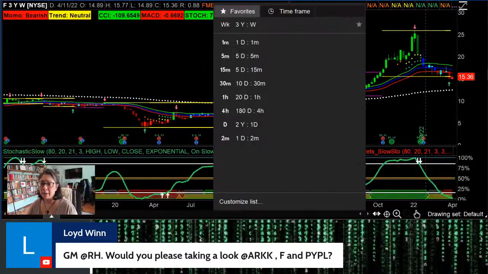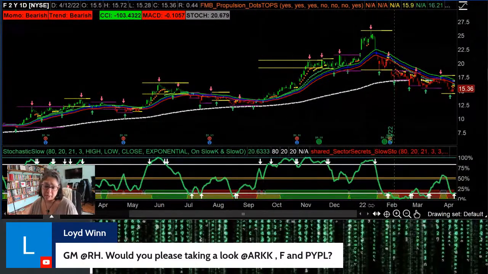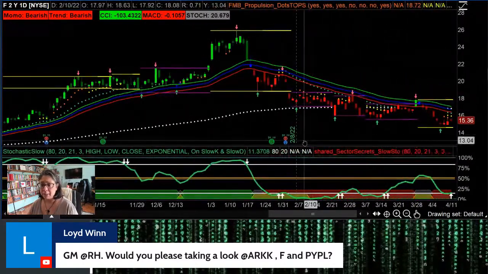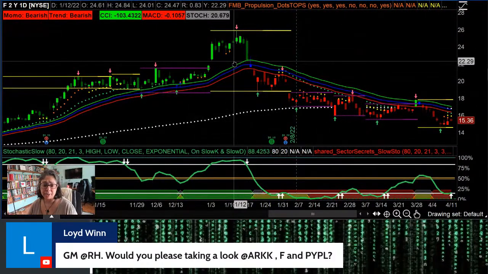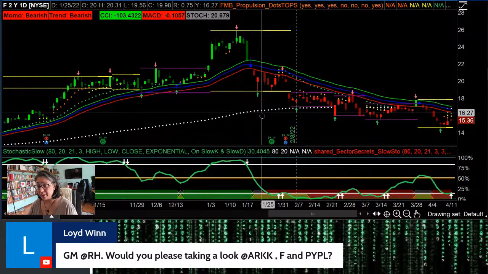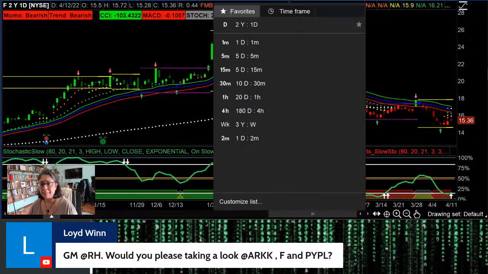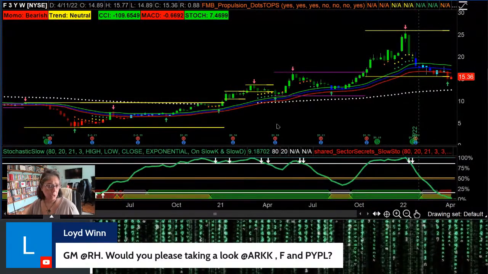When it comes to Ford, my last trade in Ford was a loss. My last trade in Ford was a loss. We tried to play the bounce off the 200 after pullback buys through the latter part of last year. Now it's below the 200. It's really more red over red. So this is more of a short type setup. But again, time horizon and time frame are everything. If you've got a longer term time horizon, say 1, 3 to 5 years minimum to hold,